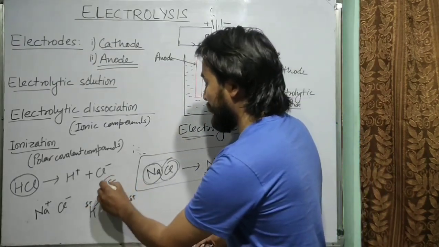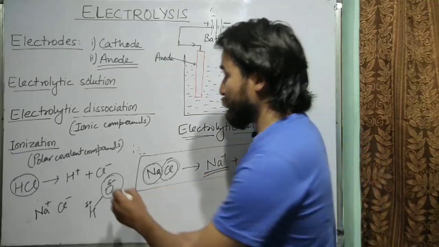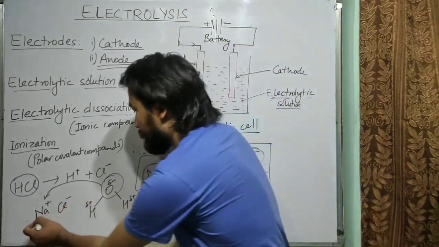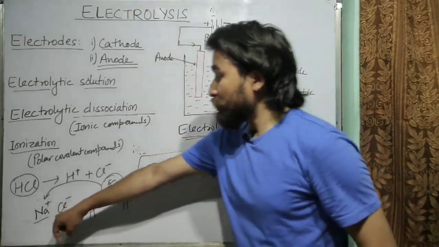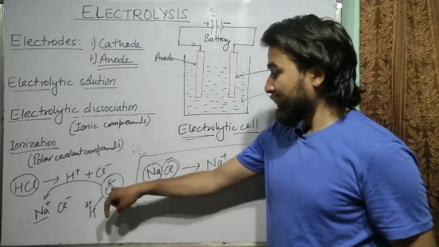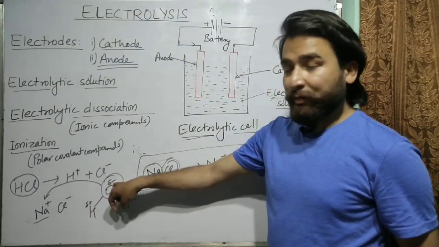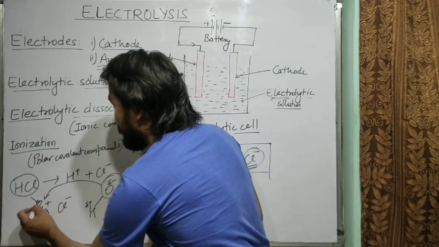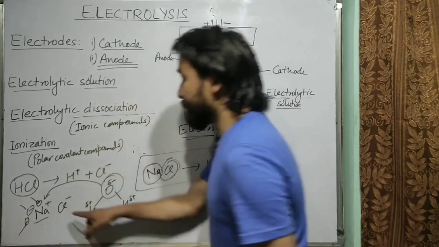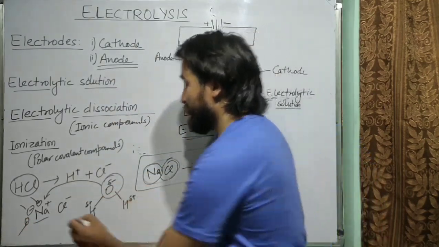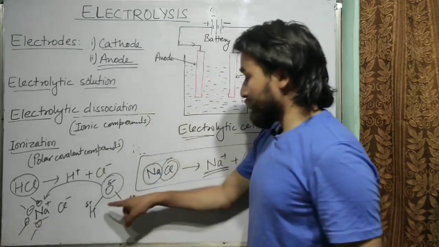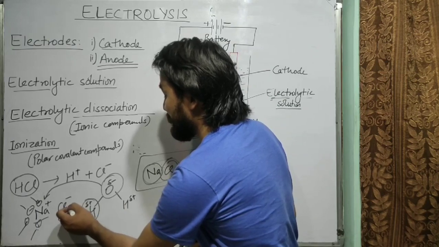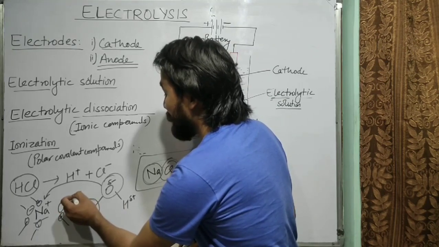Because of its polarity, this negative part will move towards the sodium ion, because the sodium ion is positively charged. So the sodium ion will be surrounded by the negative part of the water molecules. There will be so many water molecules whose negative part will surround the sodium ion. Similarly, there will be so many water molecules whose positive part will surround the chloride ion, so the chloride will be surrounded by the partially positive part of the water molecules.